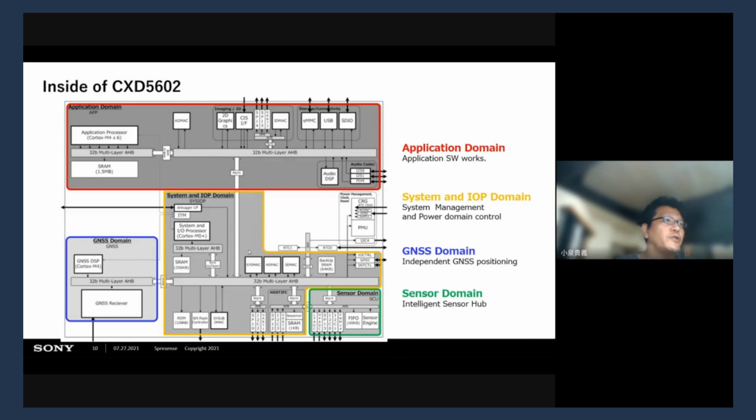And the GNSS block is here, the blue box. This one also has one independent Cortex-M4 core to calculate the position with the GNSS receiver. And one more unique block is the sensor domain. This one is a kind of sensor hub, but a bit intelligent. So let me explain this green box